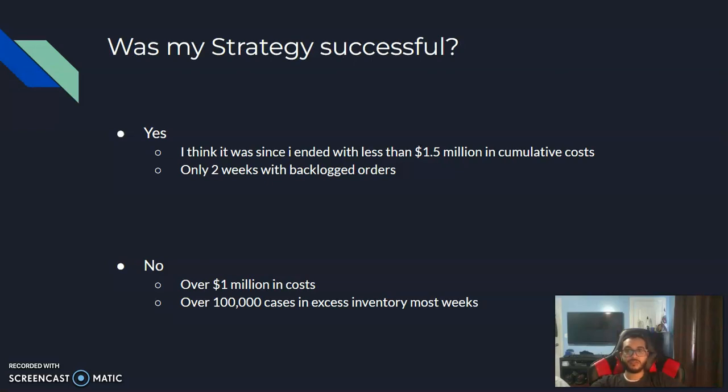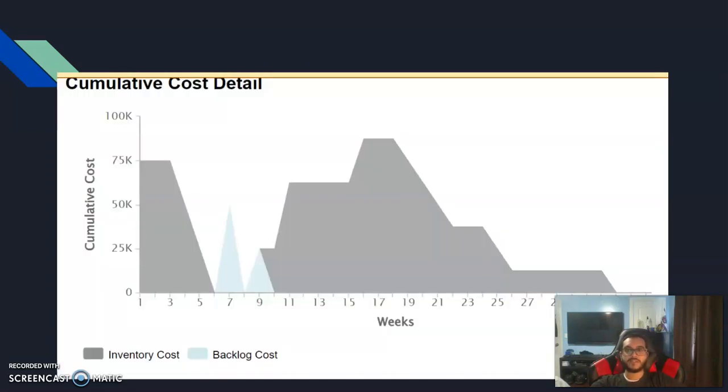Do I think my strategy was successful? Well, I guess that's up to you to decide. There was positives and downsides to it for sure, but without anyone else to compare to, I'm not sure if my score would be good or not. I feel like I was successful since I avoided costly backlogs and did an okay job with the shipping lag times. But I was also unsuccessful because I think my costs were high and had a lot of excess inventory at certain points. Given another chance, I think I could score closer to 800,000.